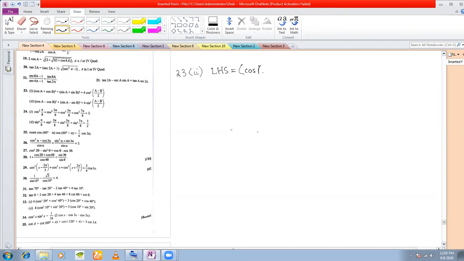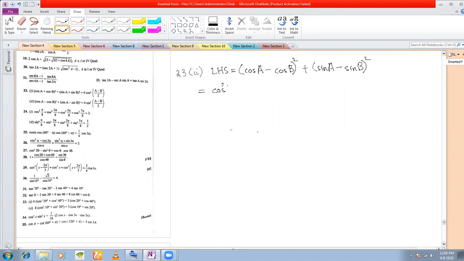(Cos A minus cos B) whole square plus (sin A minus sin B) whole square. We expand this. First of all, we see on the right hand side, we have to show that this is equal to 4 sine square (A minus B) by 2. So you see that whatever angle is here, there is an A minus B and there is also A minus B divided by 2. So what you do first here is you expand this by the A minus B whole square formula.